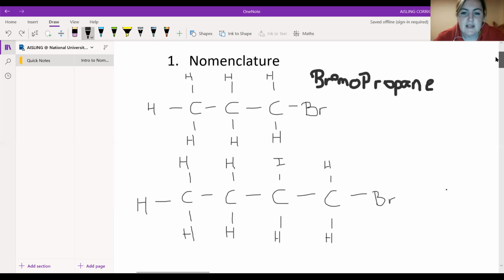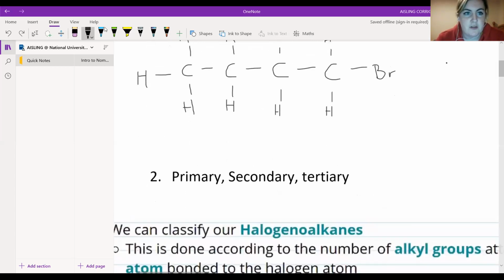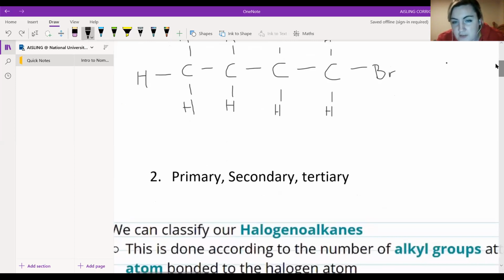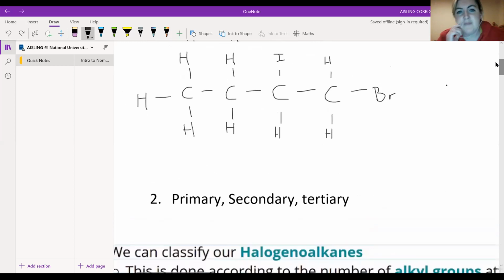Okay, the next one is a little bit more complicated, not too much though, just having a bit of a warm up here, guys. In this case, again, we seek the parent chain. So in this case, the parent chain is 1, 2, 3, 4 carbons. 4 carbons will indicate